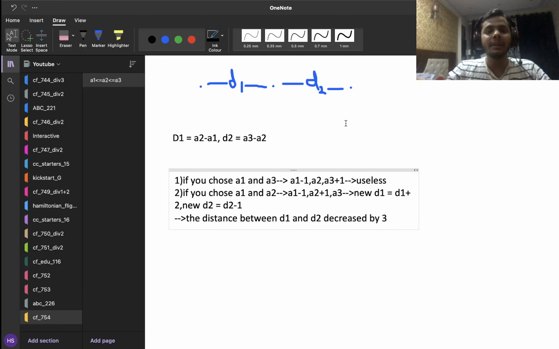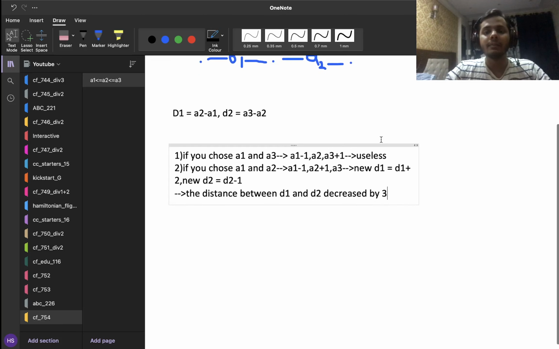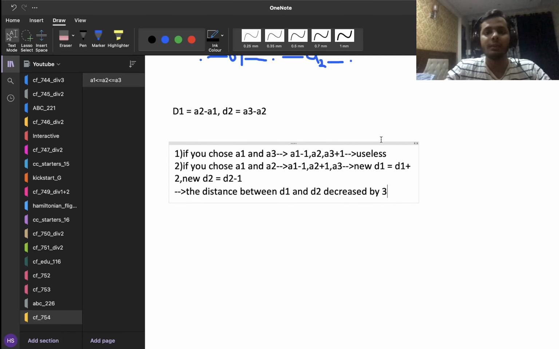So you can always bring it down to 1, because if you are bringing it down to 3, then you can bring it down to 0. If you are bringing it down to 2, then you can just do another operation and then it will become minus 1, which is just 1. The absolute value will be 1. And similarly, if you are bringing it down to 1, then you are good.